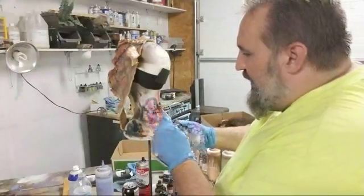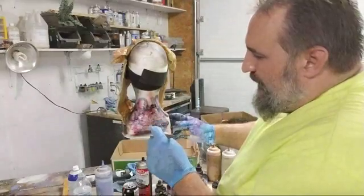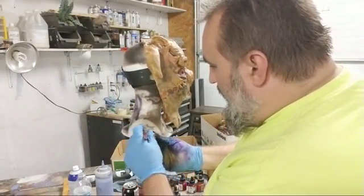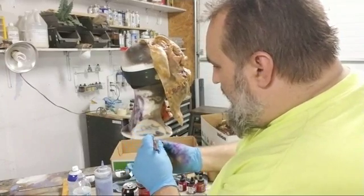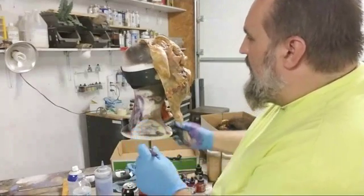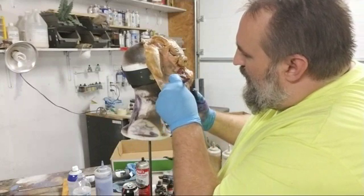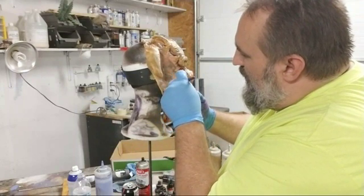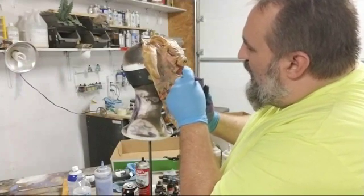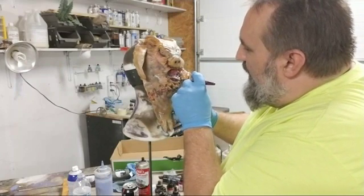Hopefully I'll see a difference when the mix gets in over what's on there. Yeah, see, it's getting darker. It just didn't have enough oomph to it. This way, this color will be different than the color that I'm going to do on